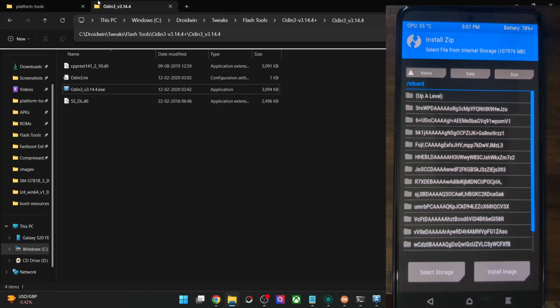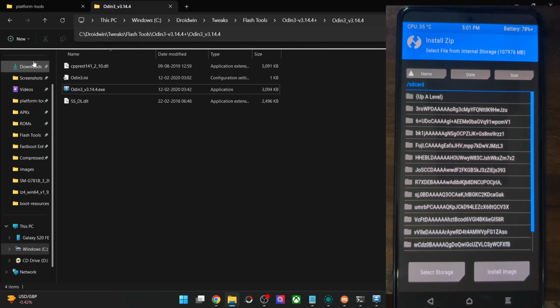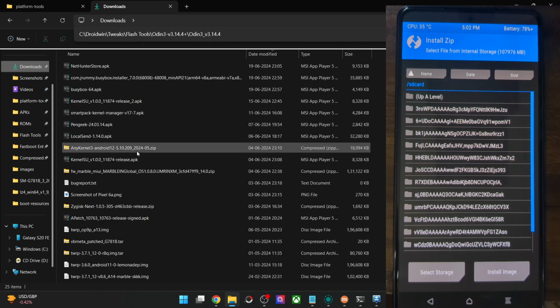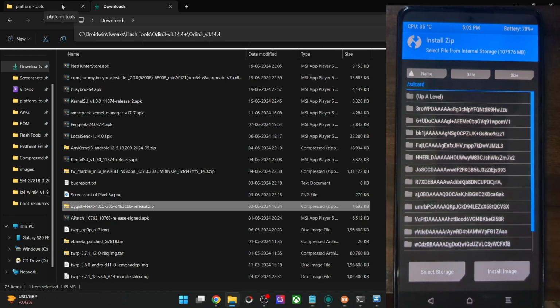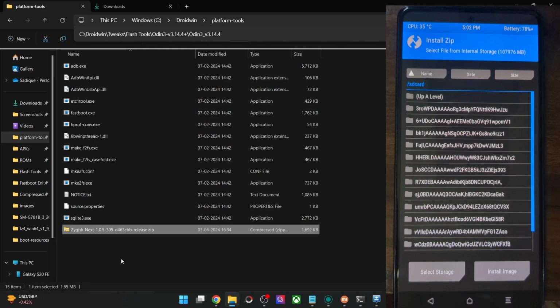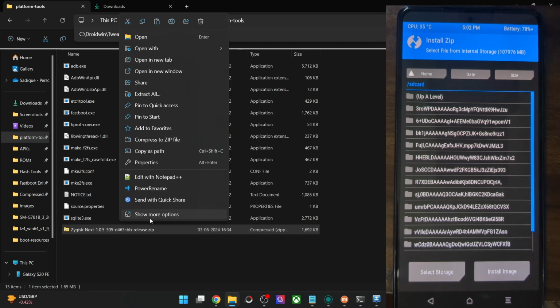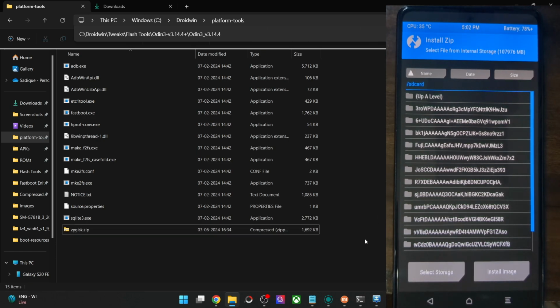Let's say we have to flash a zip file. So let me search for any zip file for transferring, and let's say this is the file Zygisk Next, so it will be a smaller file. Let me copy this file. Whatever file you want to flash, transfer the file inside Platform Tools, and for ease of convenience, rename the file to something shorter. So let's just rename it to zygisk.zip, and now let's transfer the file onto your phone.